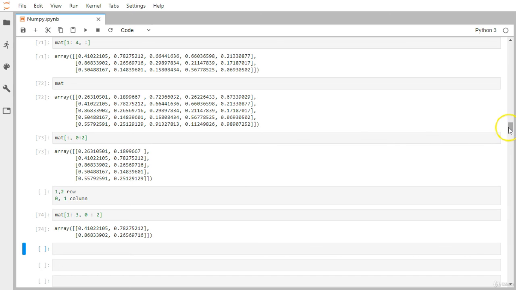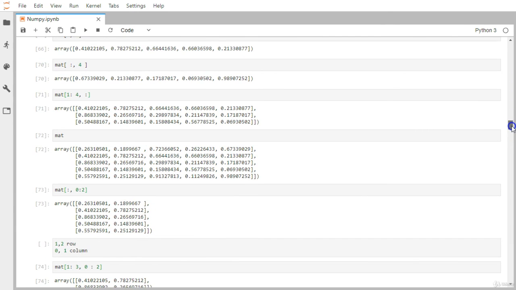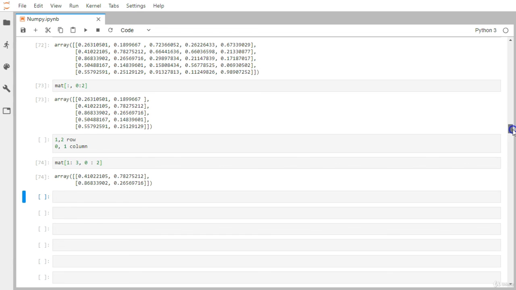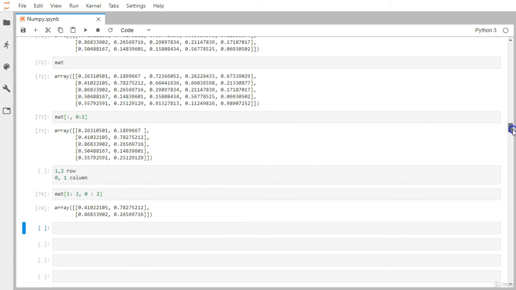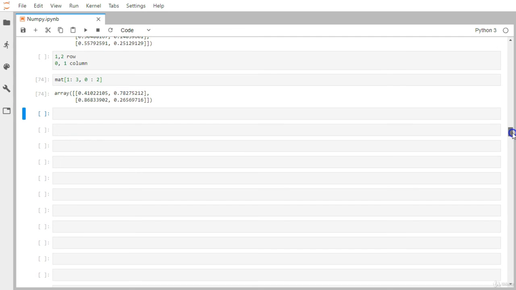So this way you can practice yourself and try to grab different sets of data with the help of this indexing, selection and slicing mechanism. This colon is nothing but the slicing, because you are slicing your original NumPy array into some subarray. Okay, so this is how you can do indexing and selection of some particular element out of the whole NumPy array.